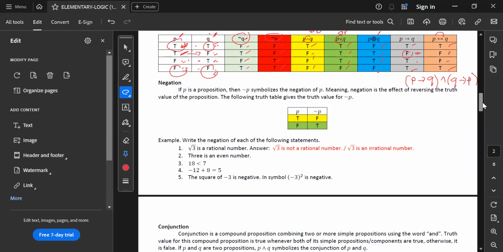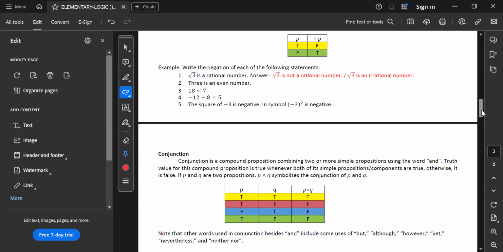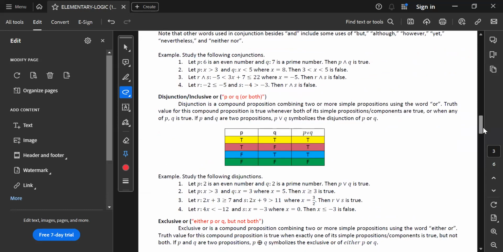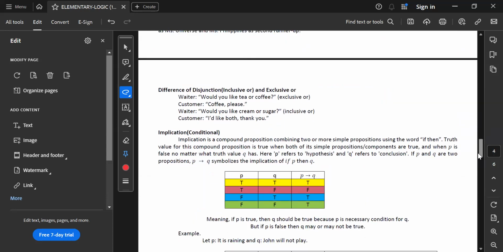Okay, so if you want to know more examples about negation, there is also conjunction, which is the AND of statements. Then an example here is exclusive or, the either-or. So this is the difference between disjunction, the inclusive or, and the exclusive or. If the question is would you like tea or coffee, and we say coffee please, then obviously it is an exclusive or, because we only chose one. But if you answer both,